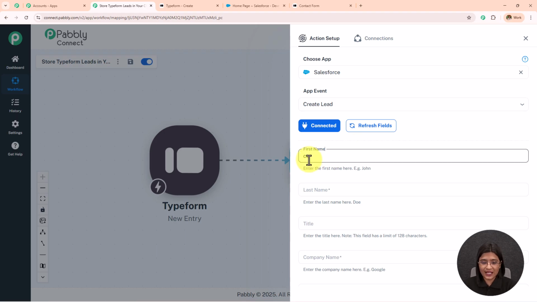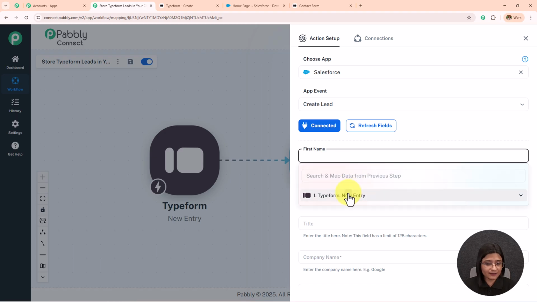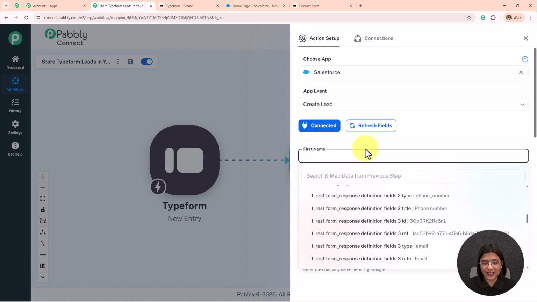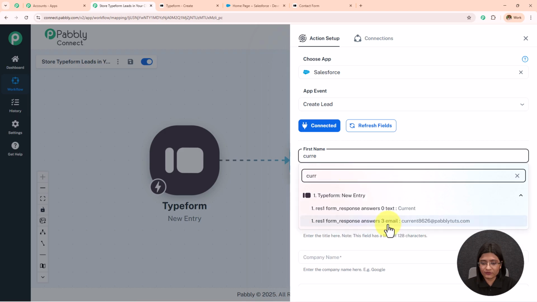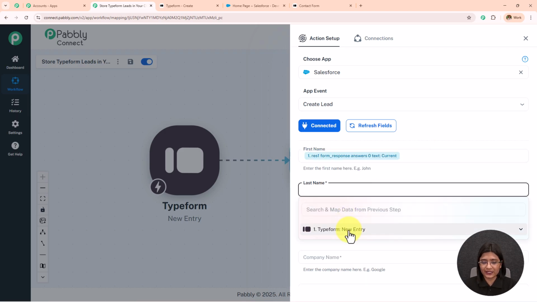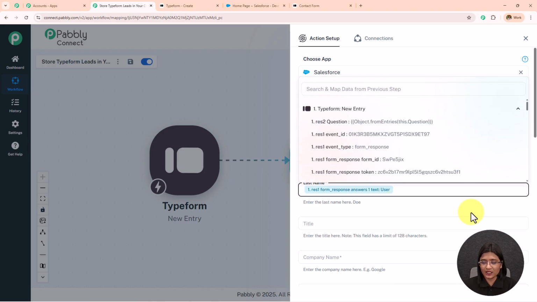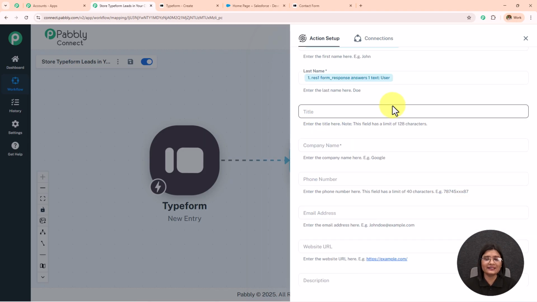response. Now here I have received the response from this Typeform, and when I click on this field, I can see this Typeform. When I click on this, I can see all the responses which I have received from there. I'm going to enter my first name as current, this one, and then I'm going to enter my last name as user, this one, and then I'm going to skip this title. I have not received the response, and also I do not want to enter anything. I just want to enter or log the details of my lead which I have received from Typeform to my